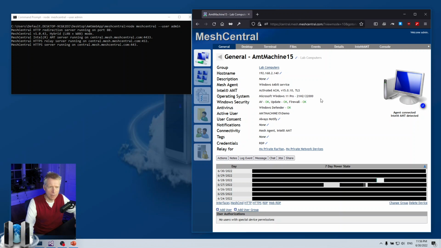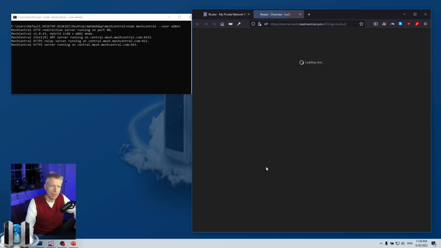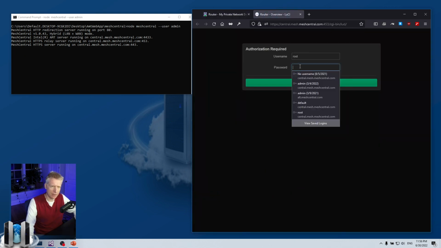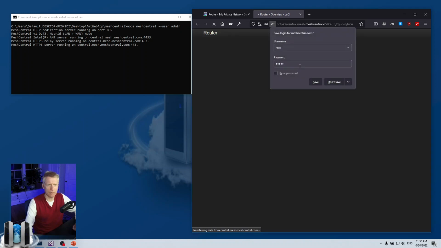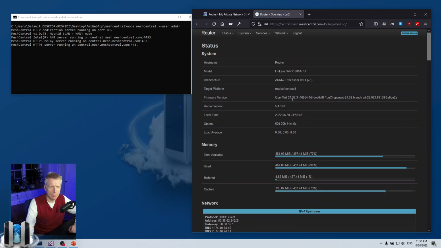Now, of course, I'm doing HTTP right here. So I'm going to go back to this router and say HTTPS. The router already does have an HTTPS port, so it can fully work. And well, there we go. In the future, I may have a web page that pops up for you to confirm the remote certificate.